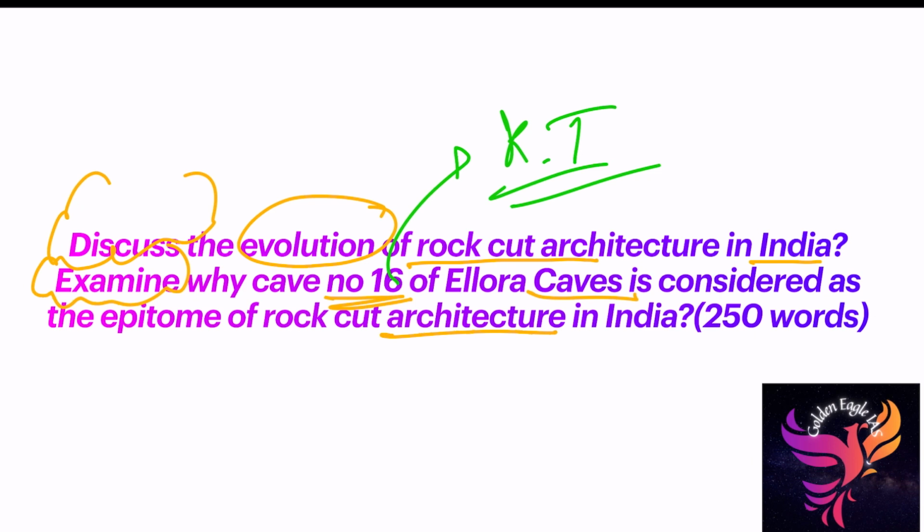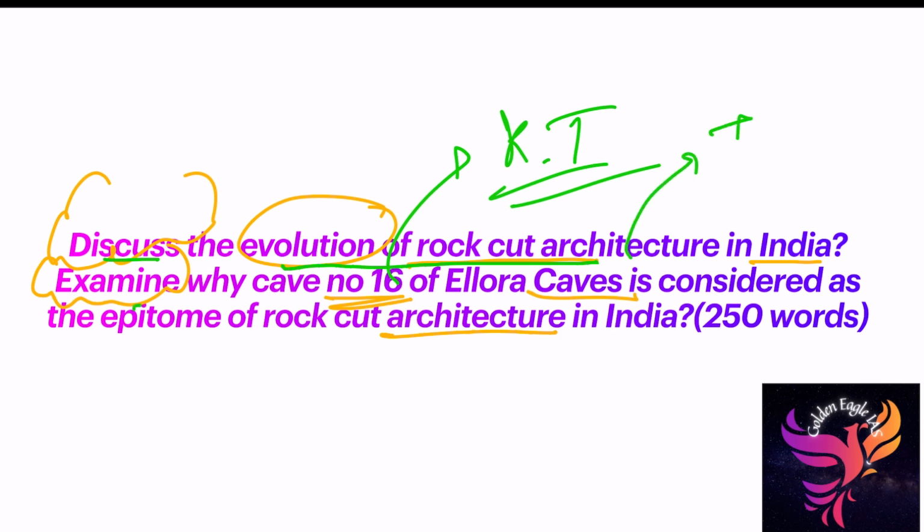If you take Tamil Nadu also, initially the Mamalla period and Narasimha group started with rock-cut architecture in Mamallapuram. Then came the Kailasanathar temple of Kanchi, and temple architecture evolved in Dravida style. Okay, you need not go that much. You just have to link temple architecture and rock-cut architecture. That is for discuss, because we are going to say the evolution of rock-cut architecture. How did rock-cut architecture evolve? Rock-cut architecture evolved into temple architecture.